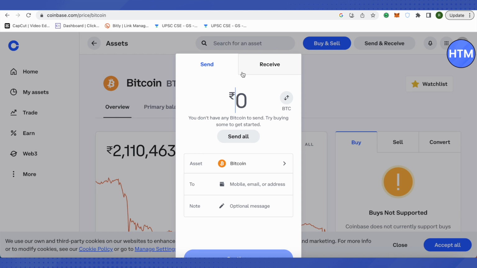So for that we will just type the amount over here. Suppose we want 1000 rupees, and the currency will be according to your country. So make sure that you select Bitcoin over here, and for the address we will go to Cash App, and